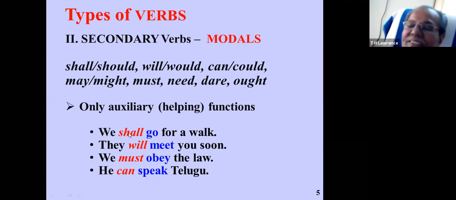So in all these cases, when you use shall, you have a mood. When you use will, you have another mood. When you use must, still you have a different mood. And when you use can, a mood that's different from all the above. So a modal will always indicate the mood of the speaker. Now, incidentally, this can also indicate the mood of the listener. That's a different issue. We will see. So these verbs are called modals, and the spelling also, please take note of it, M-O-D-A-L-S. The word modal is derived from the word mood. Okay.